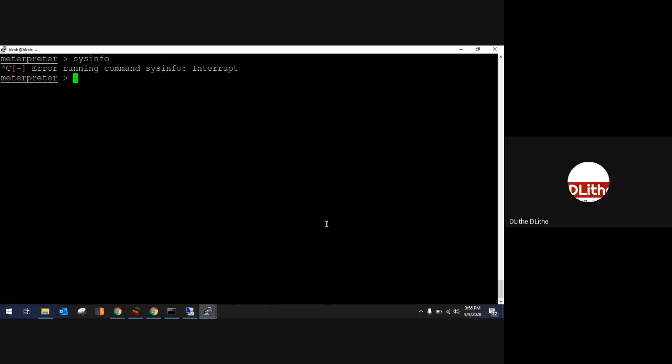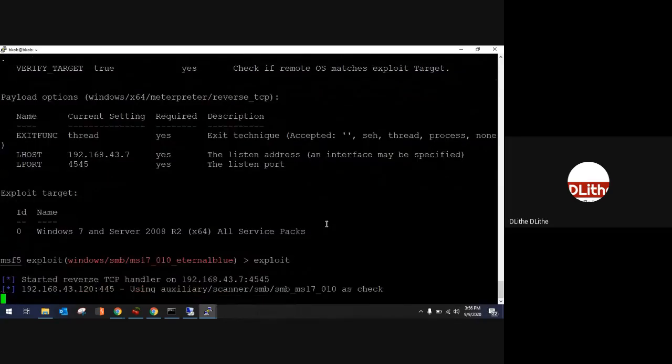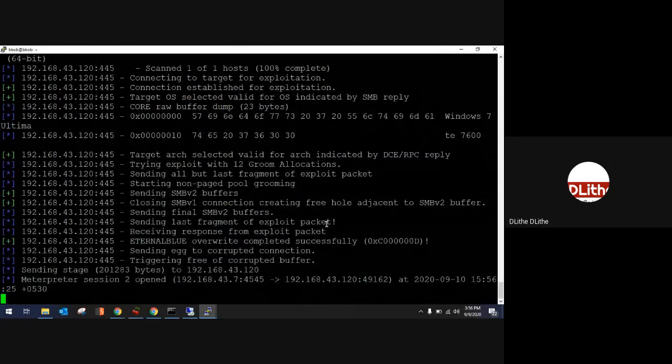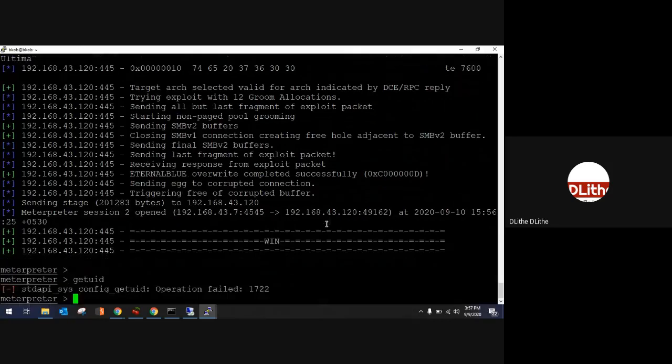Let me try to hack again. Try to exploit back. This time I should be able to dump hashes. It should be possible in a sec. And I've got the access. Run hashdump. So let me check which user I've logged in as. Why is this machine giving me issues?